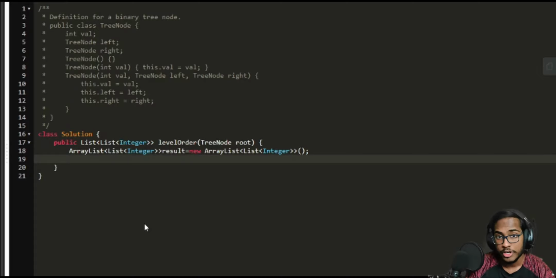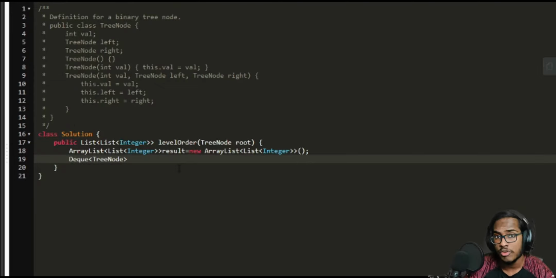The next thing I'm going to do is to create a queue data structure which is going to be useful in order to perform the breadth first search. So the way we declare a queue in Java is to use the Deque data structure. So we are going to declare a Deque, which is going to be of type TreeNode. You can see that LeetCode has declared the TreeNode structure over here.